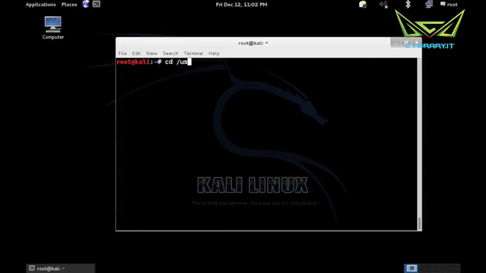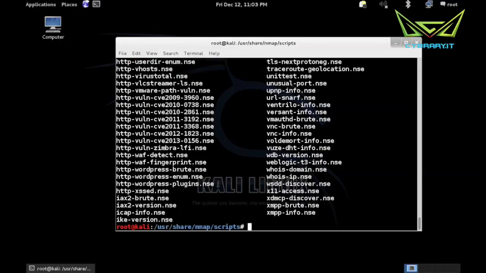So on Kali, we can find Nmap scripting engine at /usr/share/nmap/scripts. And these are all our scripts. So this is going to be written in Lua. So that's another programming language to learn. But you are, of course, able to write your own Nmap scripting engine scripts. And so we can, of course, look at the code for any of these if we wanted to, but we also have an option to do